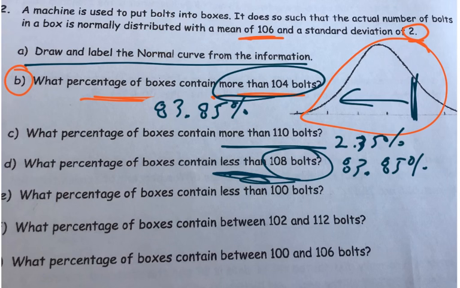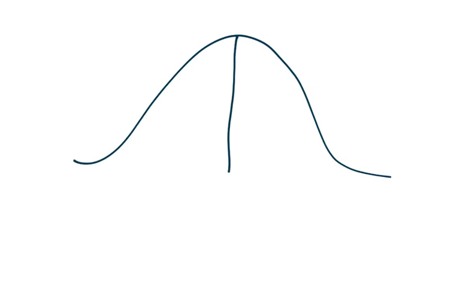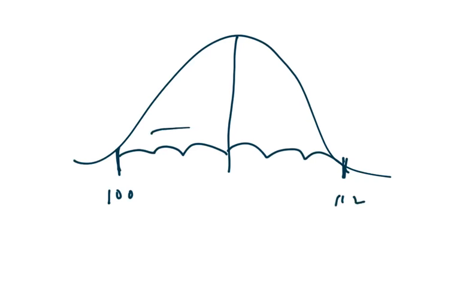All right. What about 100? We want less than 100 to be more exact. Well, isn't 100 way down here, guys? And now the only thing I'm missing out, and I'm not going to make my video any longer. Remember, from 100 to 112, isn't that 99.7%? So again, let's do this again. If I did a quick sketch, guys, do you agree from the mean, if I go 1, 2, 3 each way, this is where the 100 is, right? Up here is where the 112 is. All of this in here is